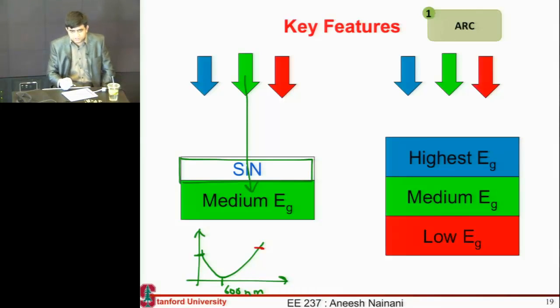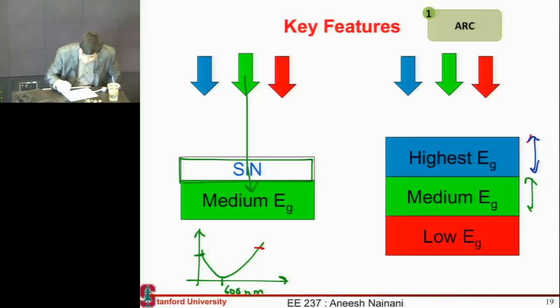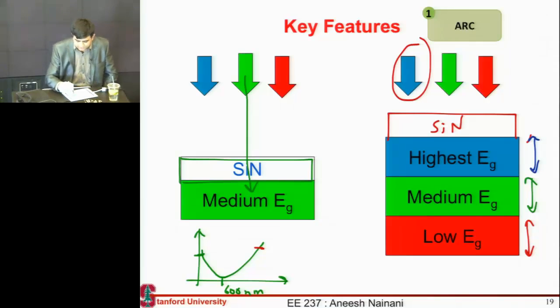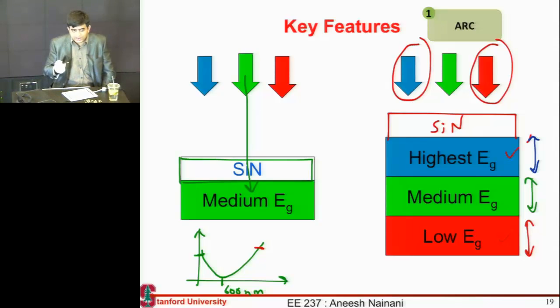And this was fine if I was using a single junction cell. But now I've designed this multiple junction cell where I've really optimized this top cell to absorb the blue photons, and I have optimized this intermediate cell to absorb the green photons, and I have optimized this bottom cell to absorb these red photons. So now I can go ahead and put the same silicon nitride over here. But now I'm basically reflecting the light meant for the lower and the upper cells, because I'm just using this one anti-reflective coating layer, which is really optimized for a particular